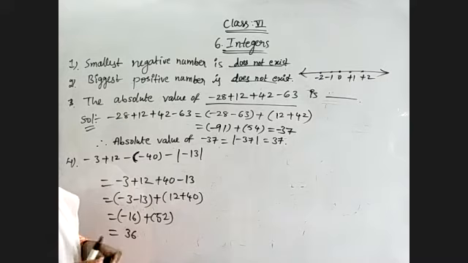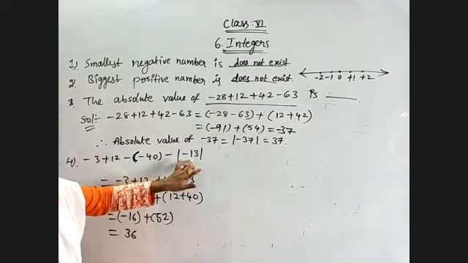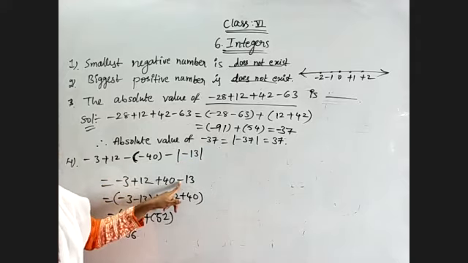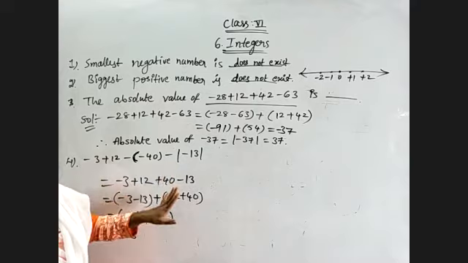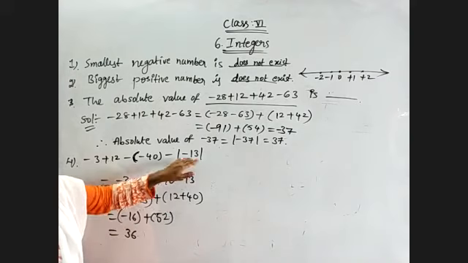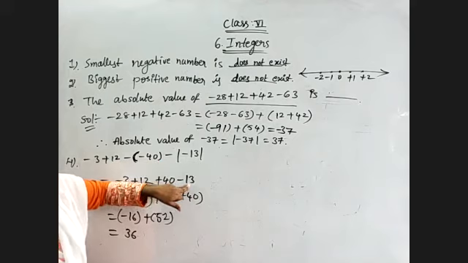Okay. So remember, whenever an absolute value is given, you just have to take the number. And this minus is before that number, so that's why I wrote this minus. Otherwise, I would not write it. Here, whatever minus or plus is there, we must write. So here I have a minus operation, but the absolute value of minus 13 is just 13. Okay.